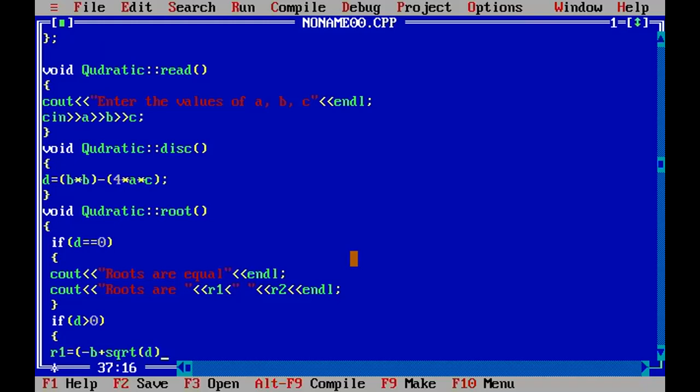So sqrt is an inbuilt function, then 2 into a. So minus b plus square root of b square minus 4ac.